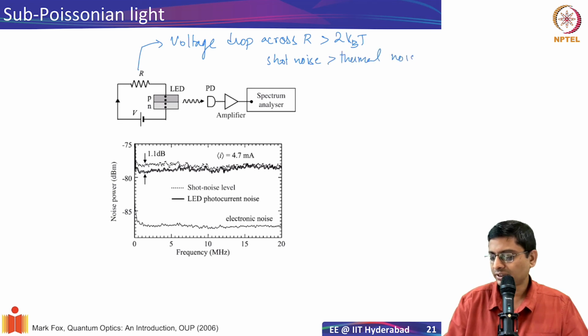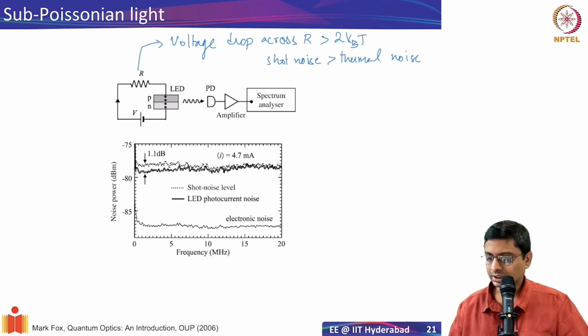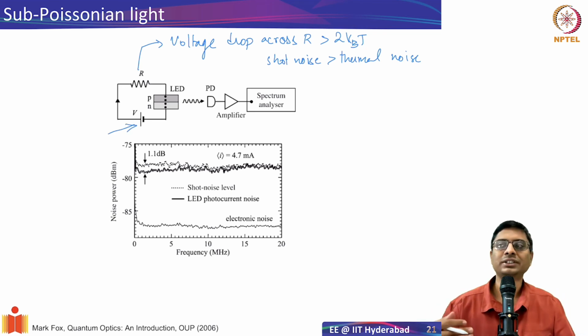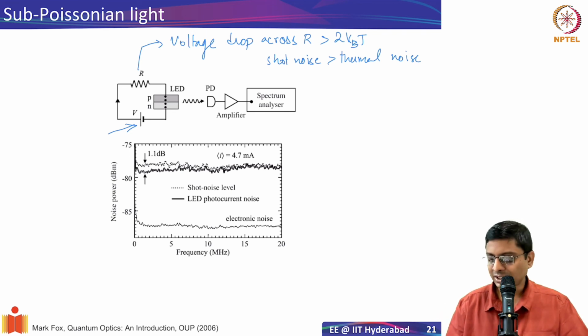If you make sure of this, then you have light which is generated now, because we use a battery here instead of a regular power source. A power source, let's say if you connect it to AC mains, has some noise, 50 hertz noise. So the battery will eliminate that, DC, right? So we minimize power supply noise.